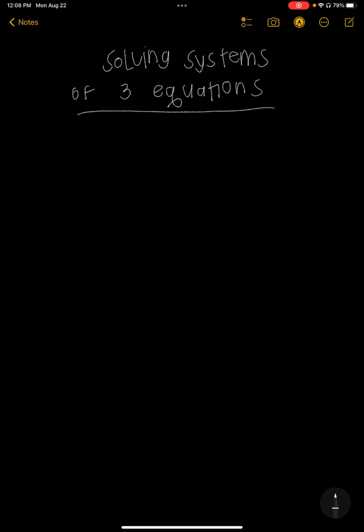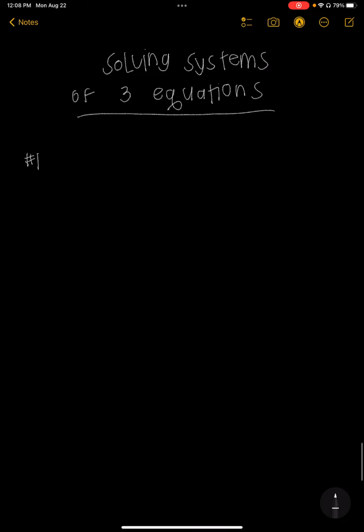You can solve systems of three equations by either substitution or elimination. It doesn't matter which one, it just depends on what each system looks like. So what we're going to do is start with two examples that we use substitution on, and then we'll do two examples with elimination. So first example is